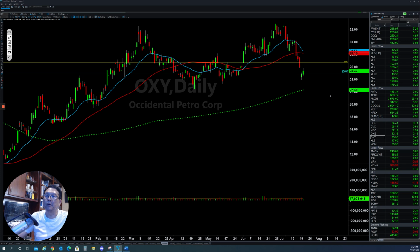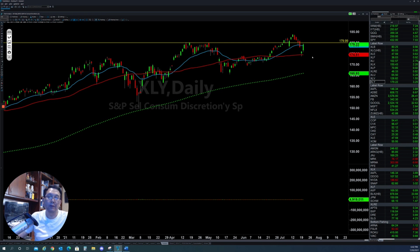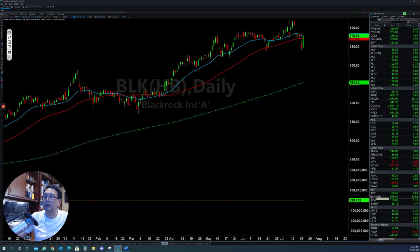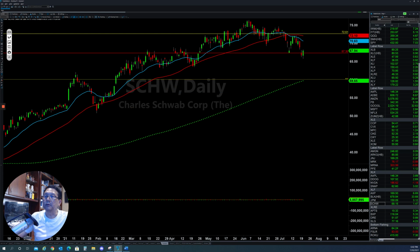Another sector that is also doing pretty well today is the XLY, which is the consumer discretionary. It also found support and bounced right back up. So let's see tomorrow if they'll be able to continue to push it to the upside. The banking and financial sector is also bouncing hard today, like American Express, as you can see there. BlackRock also jumped up, and JP Morgan, okay, and Charles Schwab, they all try to find a way to move back to the upside also. So let's see tomorrow if they will be able to carry the momentum to push it back up, or there will be another choppy day. For the summer, the stock is trying to bounce back and forward,